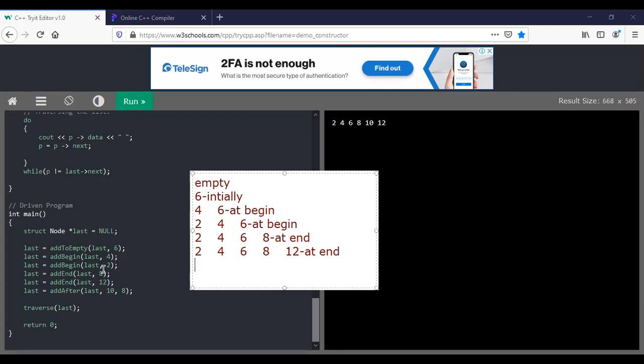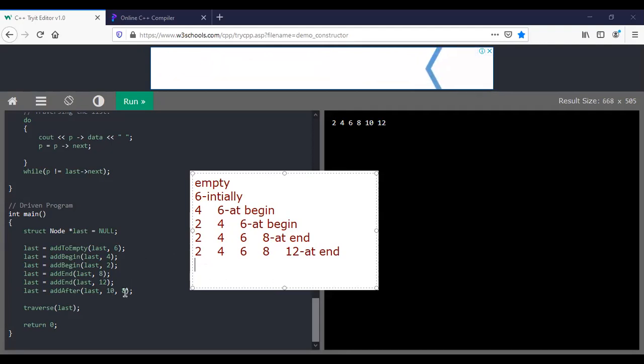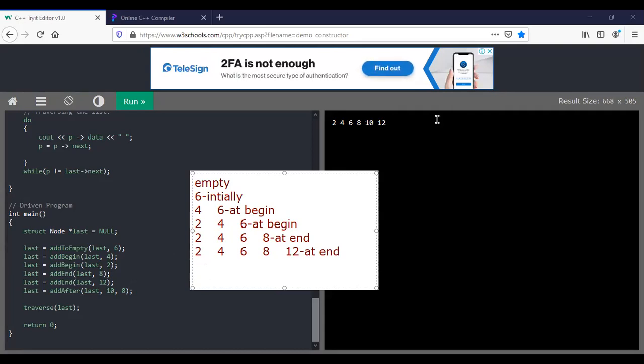Now, what I am doing after 8? After the 8th node, I need to add 10. So see here, we need to add the last one. I want to add the 10 element after the 8th one. So here, add after.